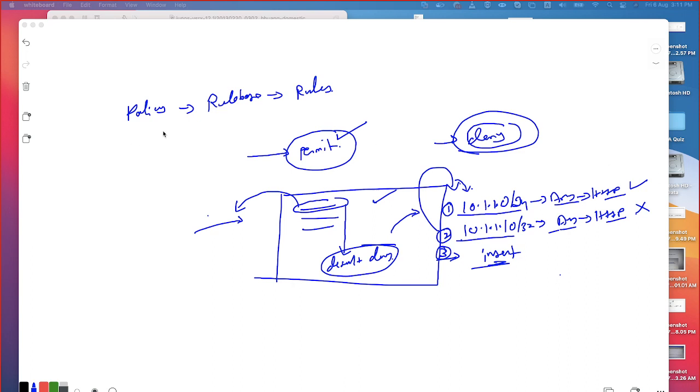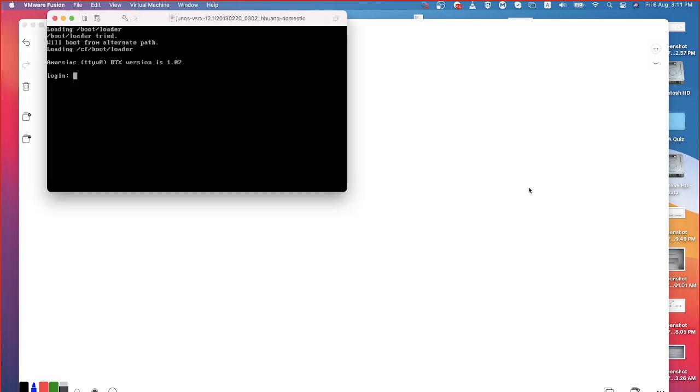Okay, so what are all the configurations we can do? For example, if you have a security policy, what all can you do? There are certain sets of commands and keywords. I will show you, that would be better. First I'll tell you so that you understand. See, first of all, I told you that the Juniper Junos operating system follows a Unix kind of architecture. It's based on Unix. Now, whatever configuration you do, you are adding it to the configuration file. Don't forget that.